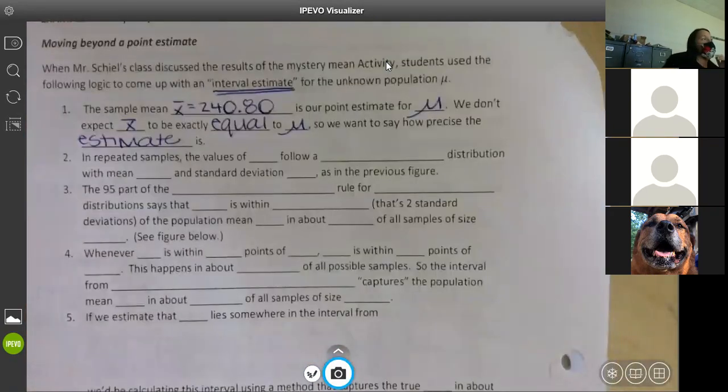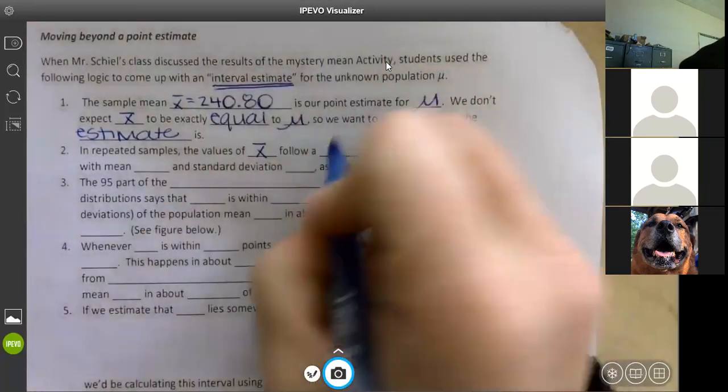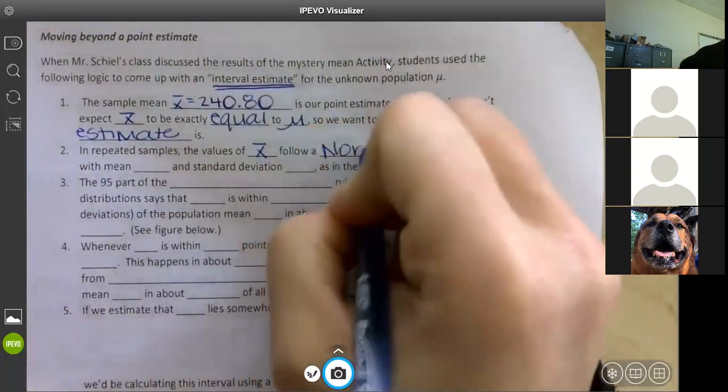So that's what we're trying to do. We're trying to get a range of numbers with a % of confidence, okay? And you guys saw that when I say it, you don't know it yet, but you saw it within your vocabulary. So that's why I kind of did vocabulary first, so you kind of get a heads up of what's going to happen, okay? So in repeated samples, the values of X bar follow a normal distribution